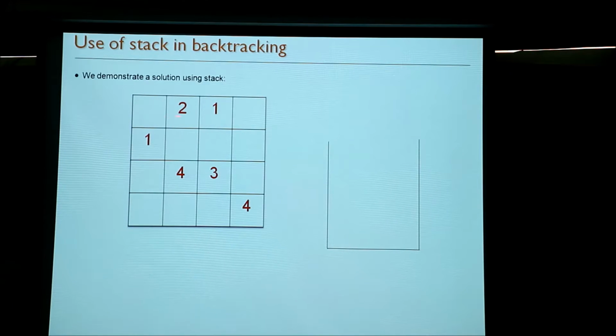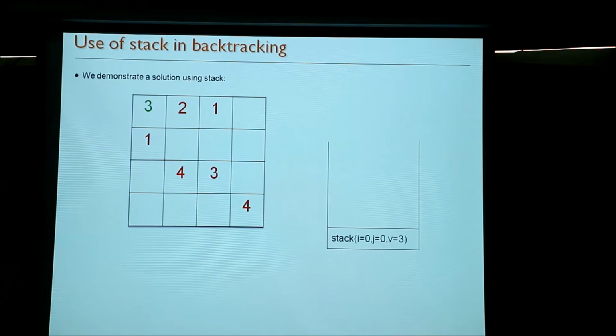Similarly, we cannot put 2 because there is already a 2 here. So the first available value we can put is 3, because that does not lead to any conflict. So we put the value 3, and in the stack we maintain this entry: the coordinates i equals 0, j equals 0, that has the value 3.